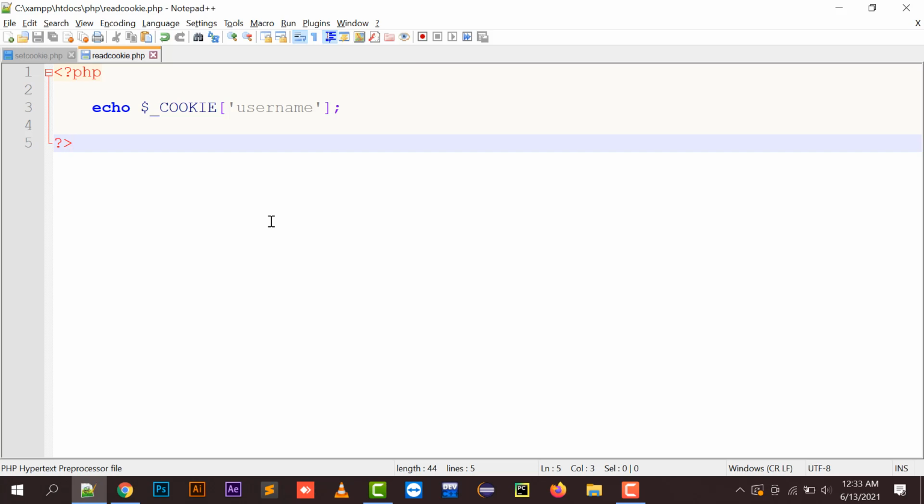Either you can save it for a year, for which you need to specify the time as 365 days, or if you want to save that cookie for just 24 hours, you have to specify the time at the creation of your cookie, so that it expires after 24 hours. So in this way you can use cookies in your project or any website.